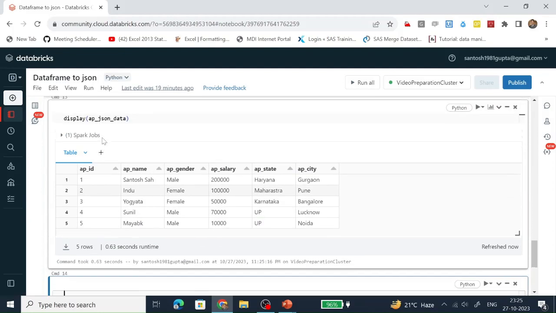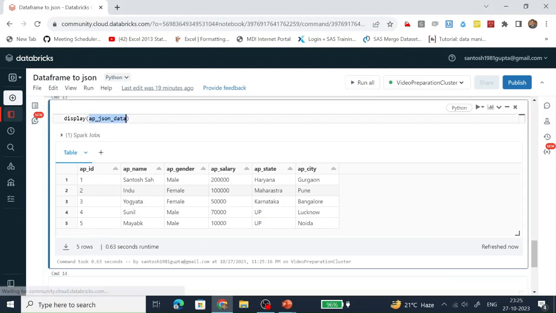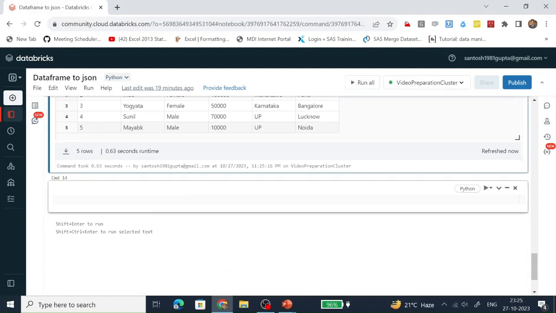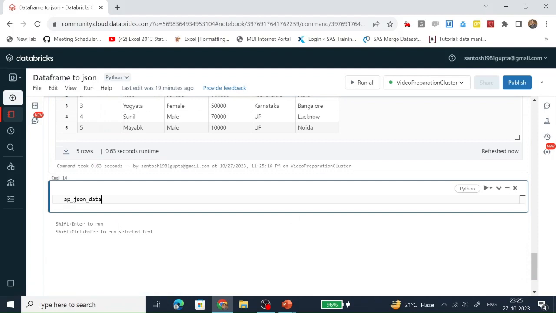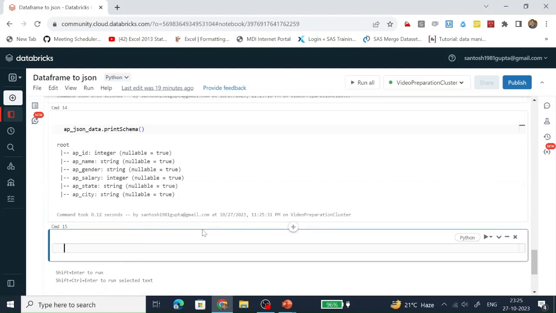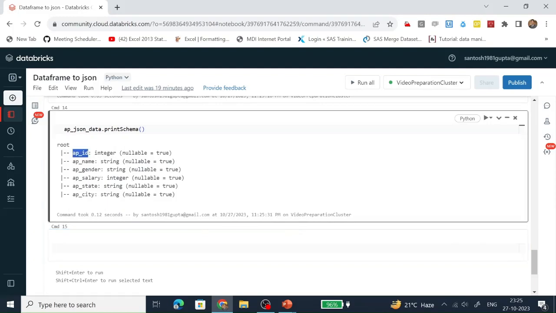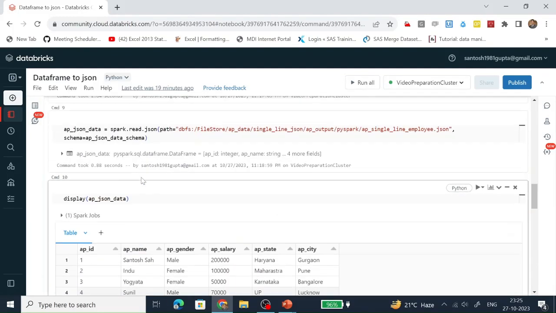This is the content of the data frame. Let's see what is the schema of the data frame. This is the schema of the data frame. This schema we have defined here.